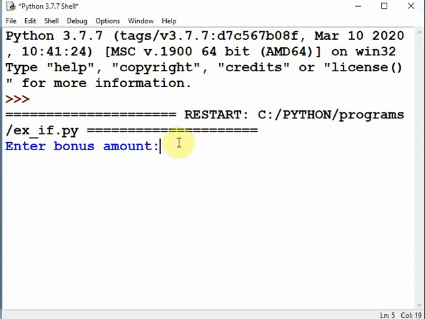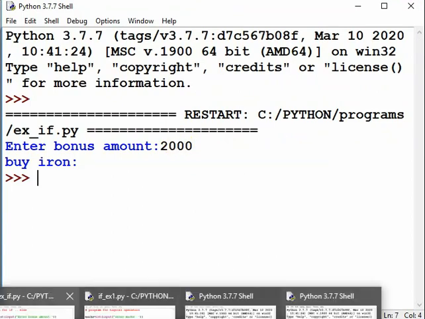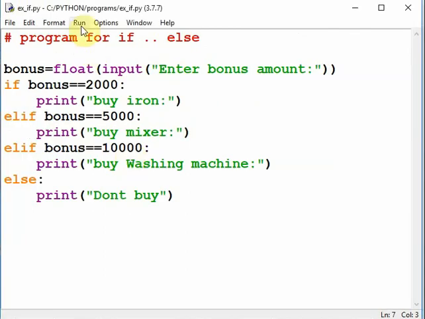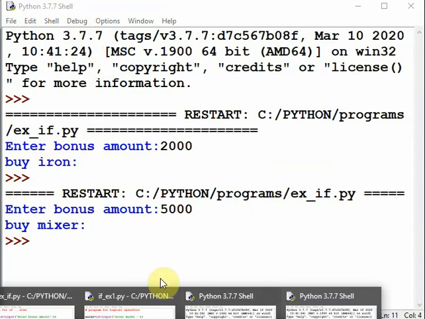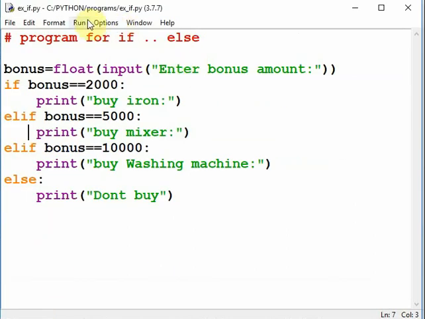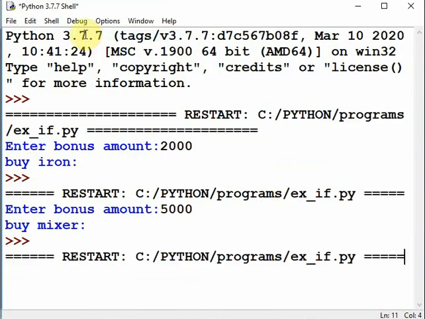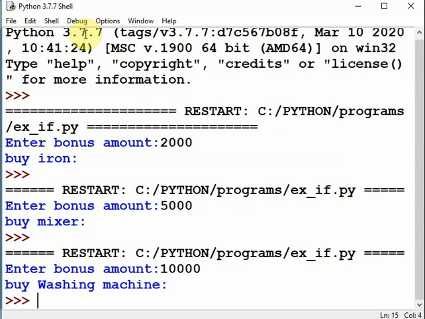Amount is 2000, buy iron. Again run. Amount 5000, buy mixer. 10,000, buy washing machine.